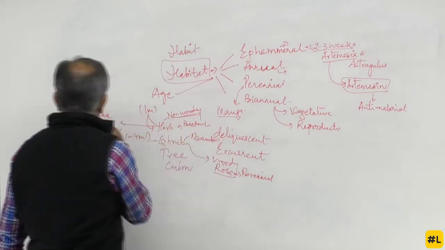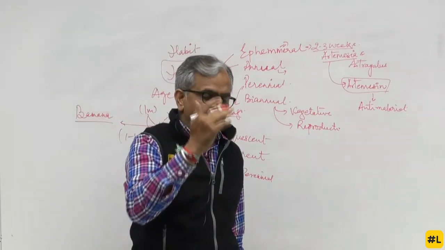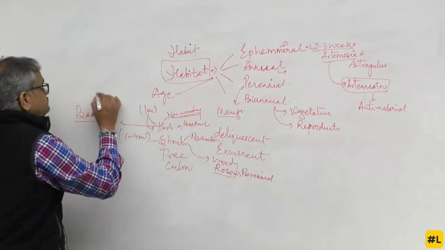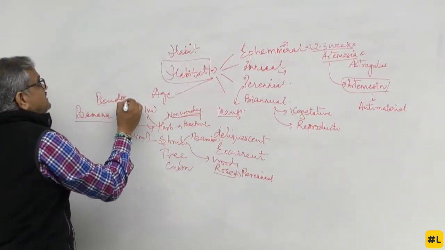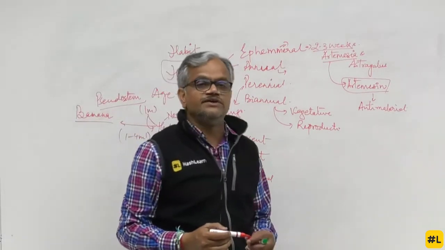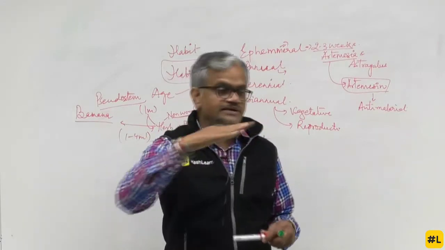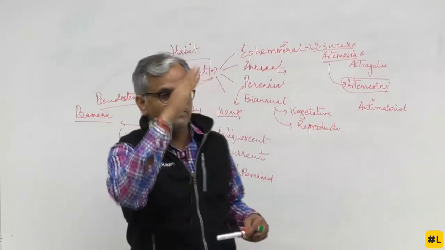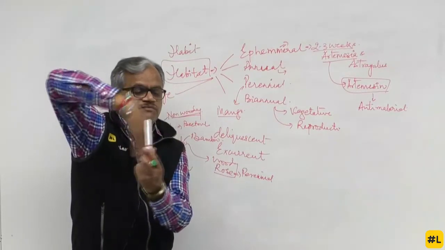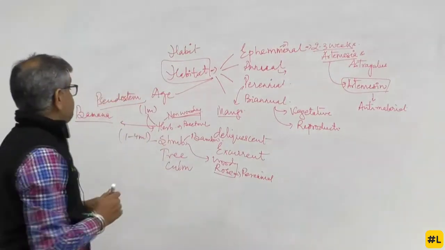Sir, you told non-woody. Yes, banana doesn't have wood. No sir, it has a stem. The stem is a false stem, a pseudo stem. And that's the reason, whenever I ask you to bring a banana leaf, you cannot pluck the banana leaf, you have to cut the banana leaves. Because the leaves are surrounded by one another, that's why it is called a pseudo stem.